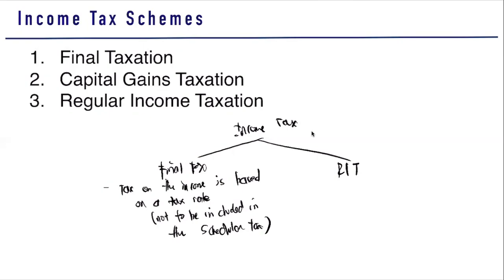So ano meron pagka final tax? Merong particular tax rate lang na gagamitin dyan. So for example, certain passive income. So halimbawa, interest, 10%, dividends, 20% or 10%, etc. Sale of land, 6%. So kung ano yung rate na binigay doon, yun na yung babayaran mo lang. Okay? At saka hindi na natin siya i-include sa schedular tax. So sir, what do we mean by schedular tax? Ito yung matatax dun sa 0 to 250 to 50 to 400, etc. Okay? So once na final tax siya, hindi na siya kasama ng RIT.